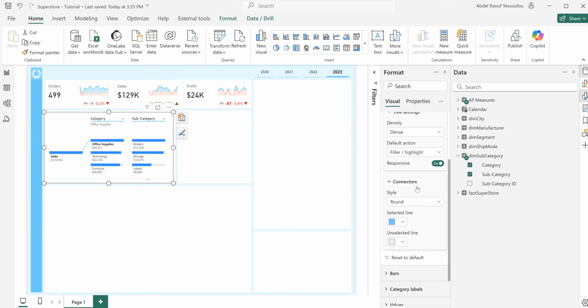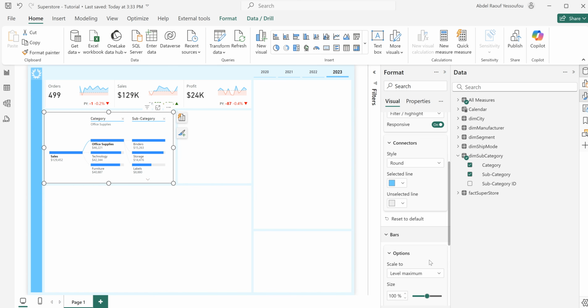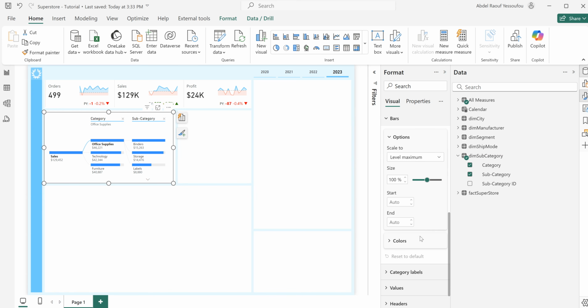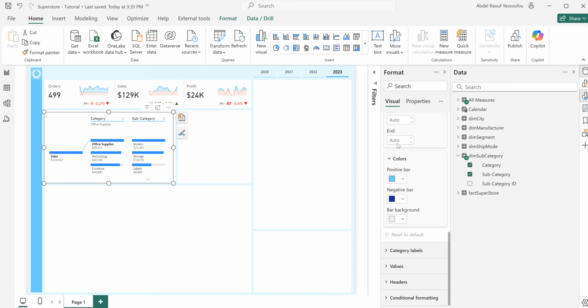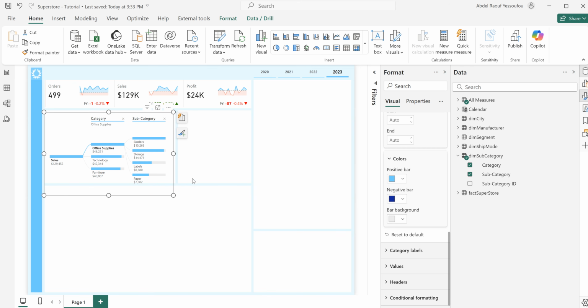No, not the line, it's rather the bars. So sorry, I should have selected bars here, and then I go to color, positive bars. I'll select this. We should be fine here. Okay, very good. I don't like the way this is. This has because we just have some few subcategories there. Okay, so let me just see if